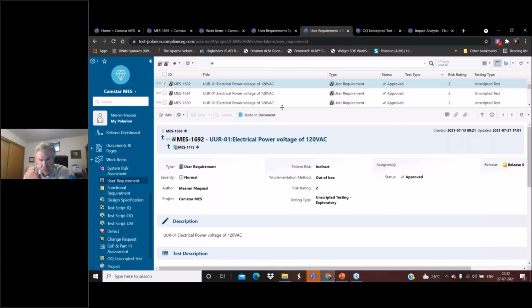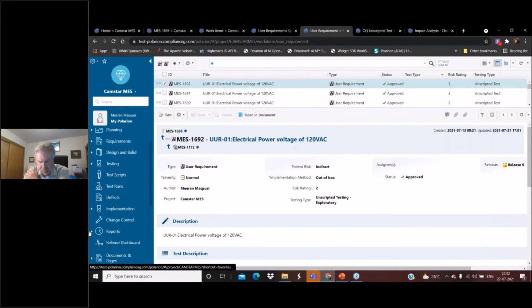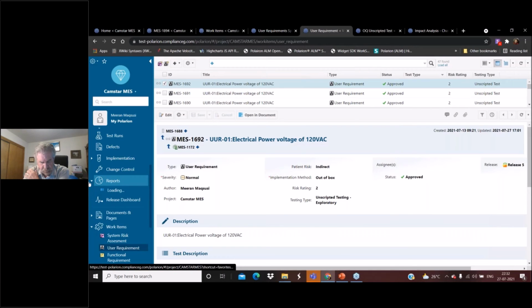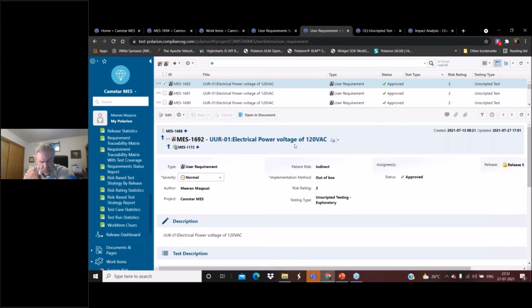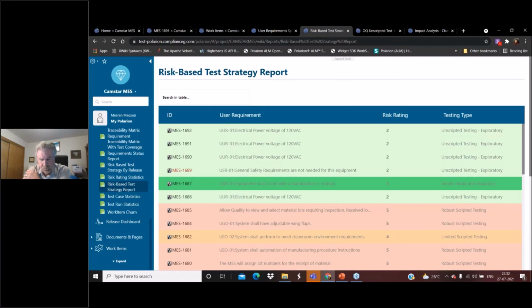Okay. Now there is one more point that we have seen in the presentation that Dennis was projecting, that the risk-based test strategy report is manual for a lot of customers from the life sciences industry. But what we are doing is offering a dynamic, traceable risk-based test strategy report straight away. So let me quickly show you how that report looks. The moment I start identifying and calculating the risk rating of each user requirement or functional requirement, a report is dynamically being built, which is nothing but the risk-based test